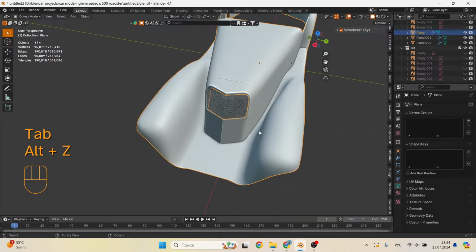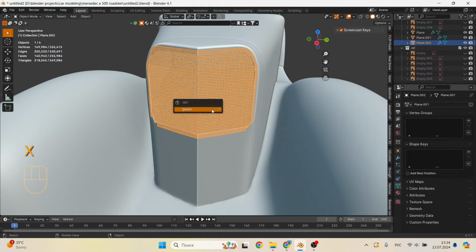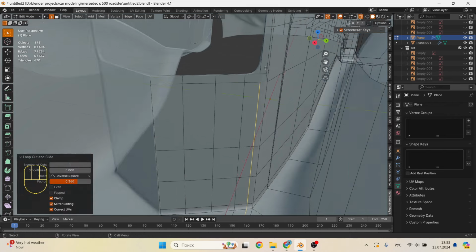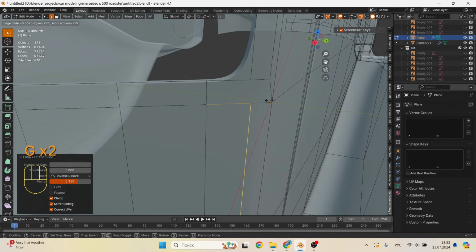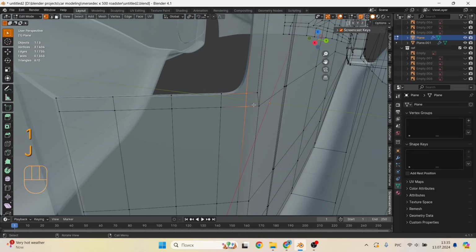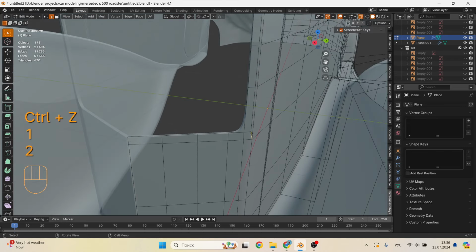Well, that's good. Now you can move on to the grille. I was a little hasty with the previous one, so we'll delete it, and along with it, you need to delete several faces to make room for the new one. But first, you need to strengthen the topology of the body by adding additional edges. This way, we'll preserve the shape of the body.